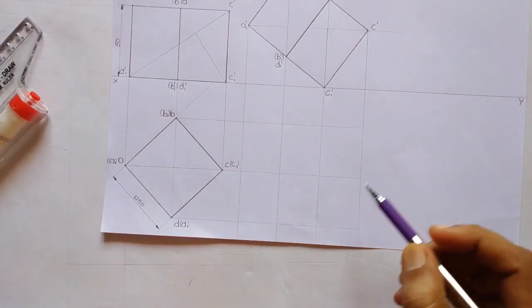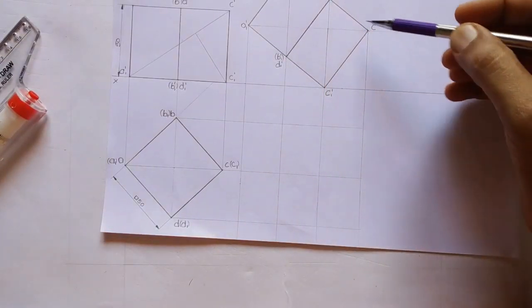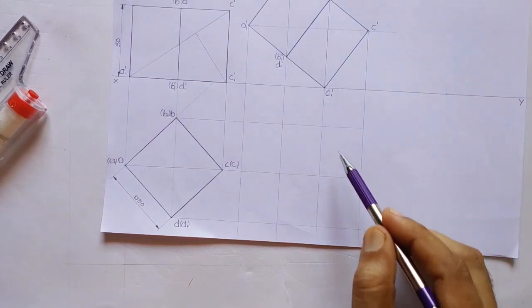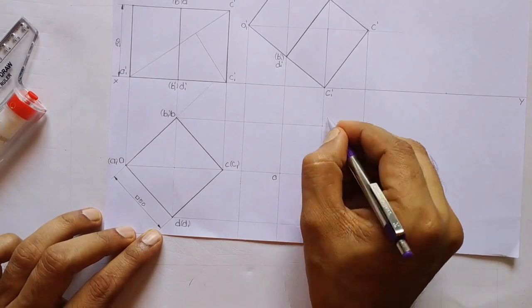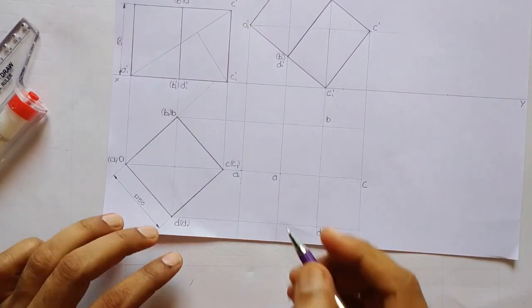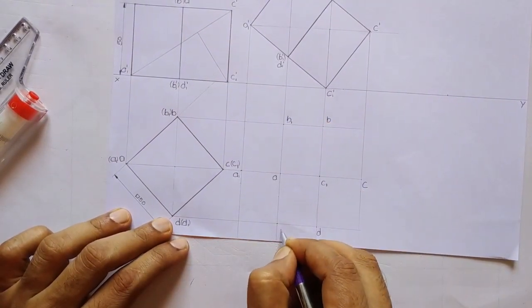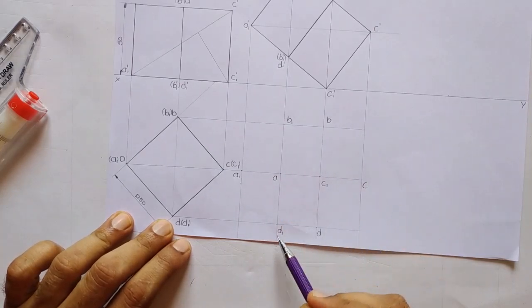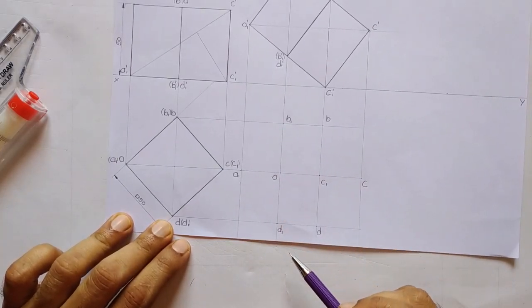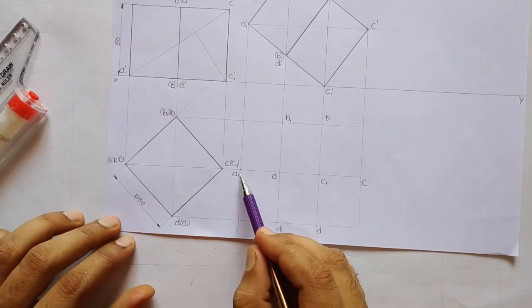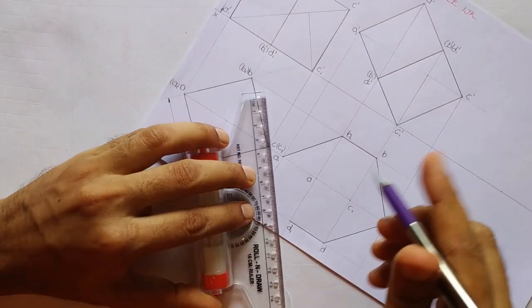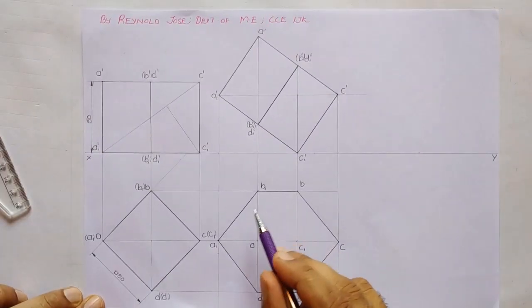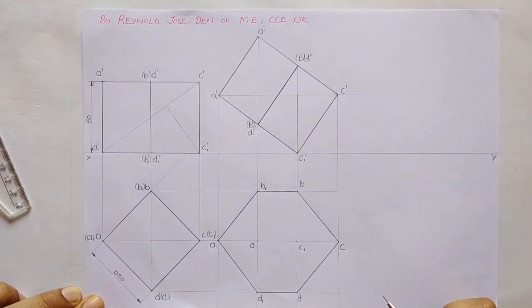Now we shall mark points A, B, C, D, A1, B1, C1, D1 along this top view. So we have got around some 8 points. Now we shall draw the outline as usual, starting from A1. After drawing the outline, the next step is we have to find out whether we are having any invisible